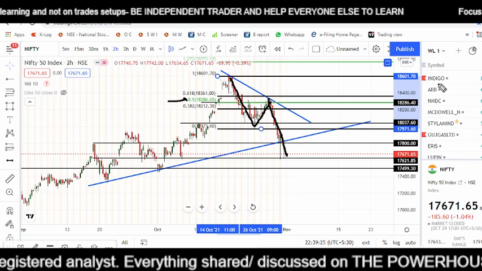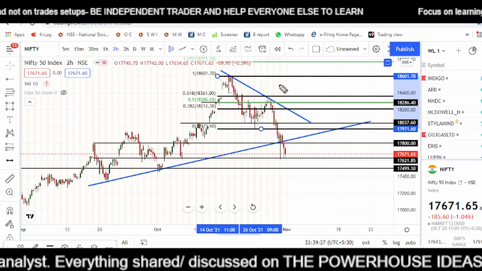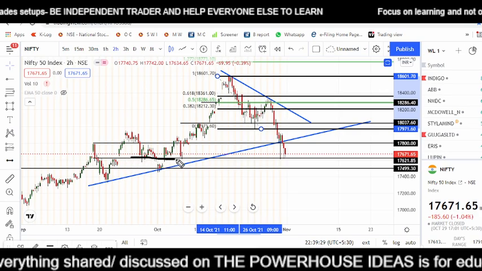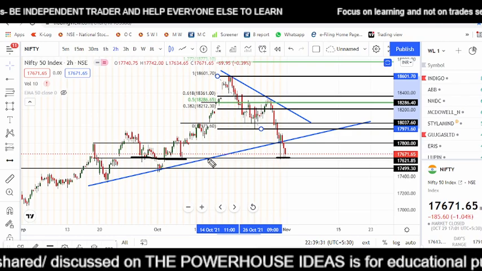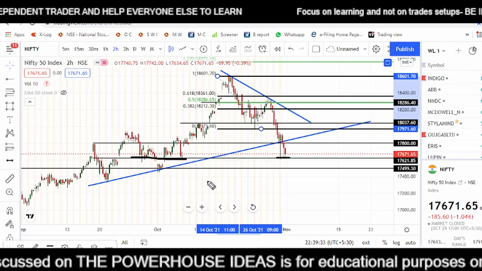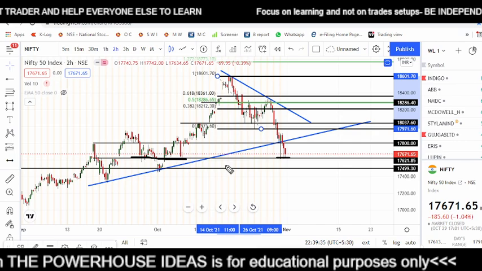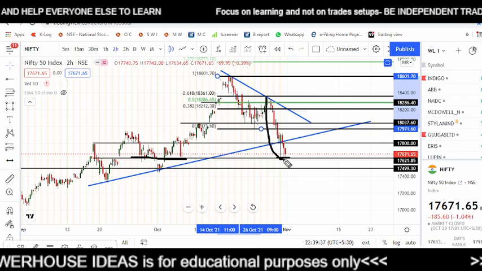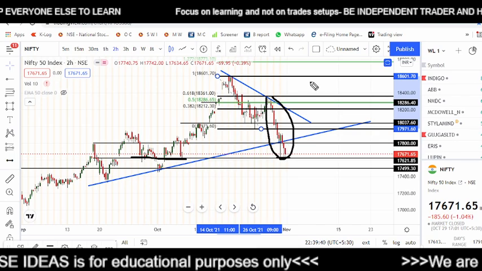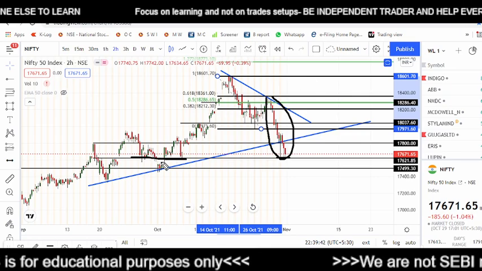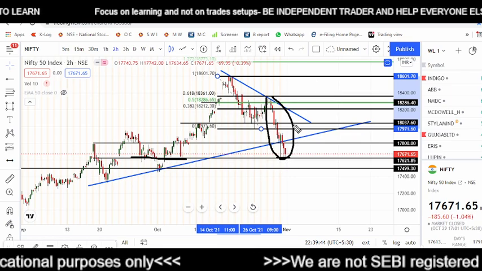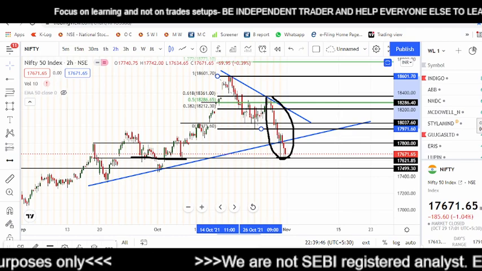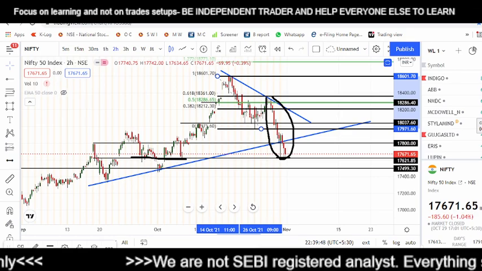Now the question is, when can the retracement be seen? As we can see, the Nifty is standing at a very important point, that is 17,600, which has been respected so many times in the recent history. By seeing this continuous fall on the downside without major retracement, we understand that being on the supports and the retracement is due, we might see a pullback. But the question is, up to which level?